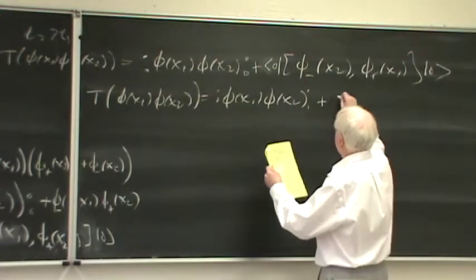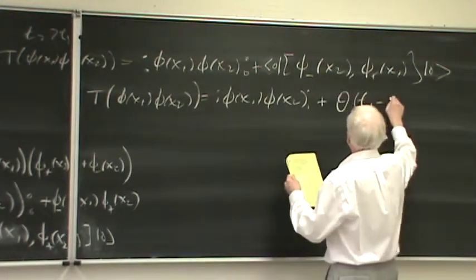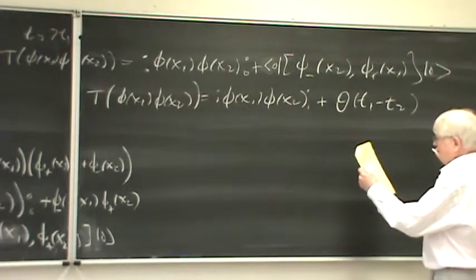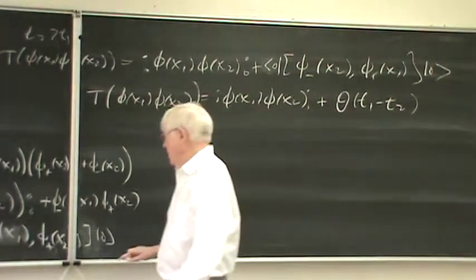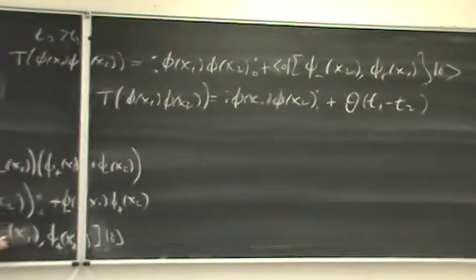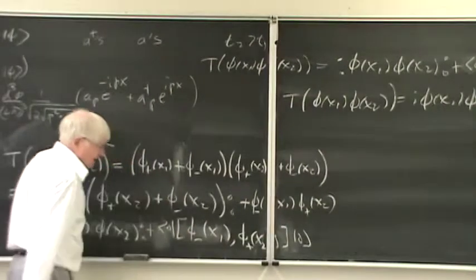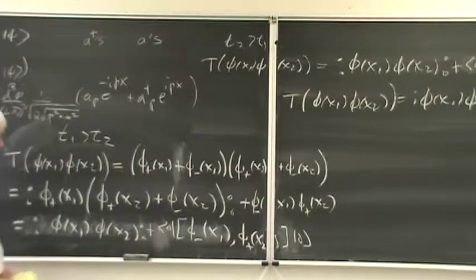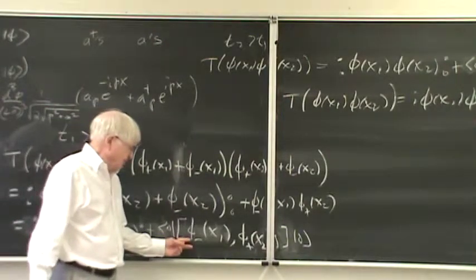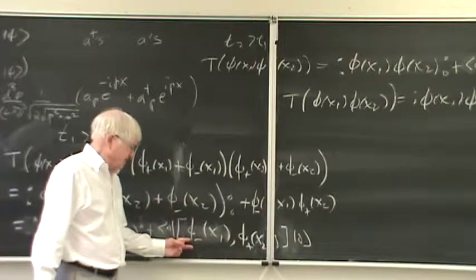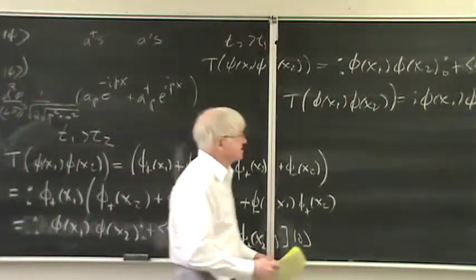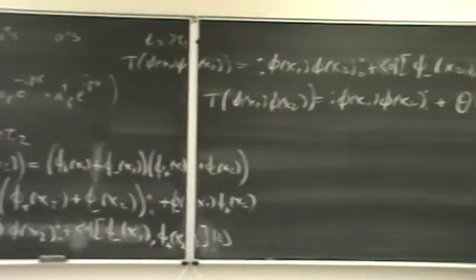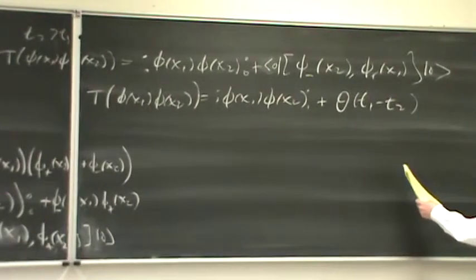And then for the case t1 minus t2, it's phi minus, the commutator of phi minus with phi plus, and you can think of it in the vacuum or not, but in the vacuum, only one term contributes, namely the case when phi minus is on the left and phi plus is on the right. So this one is